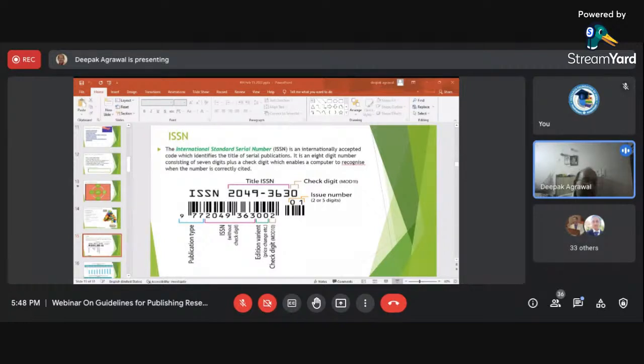Now, once again, the question arises: which is superior, ISSN or ISBN? See, if your paper is of reasonable length, not specified, but maybe 3, 5, 7 pages, it is well suited to go with the ISSN. If you want to get your work published in depth, then the ISBN is more suitable. It is in the book format.